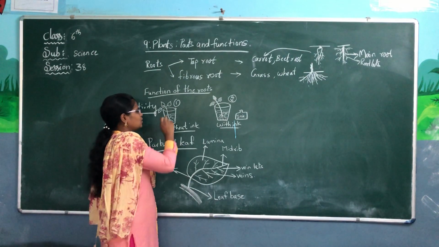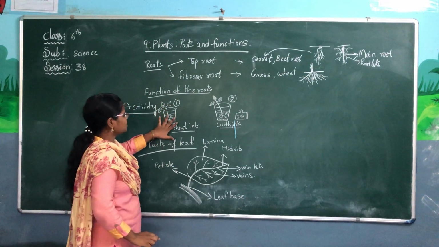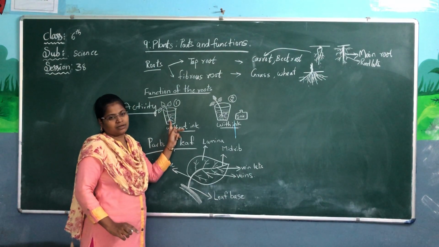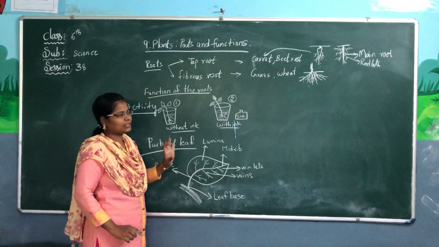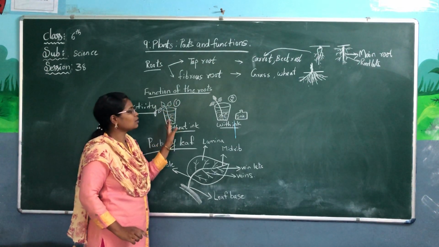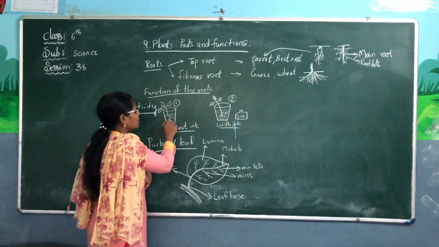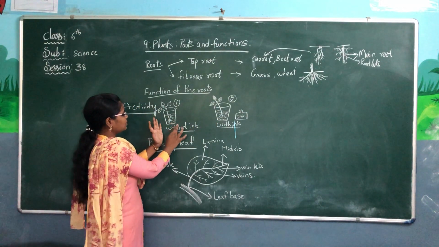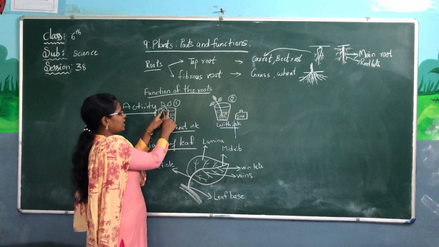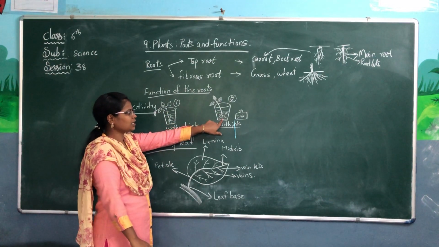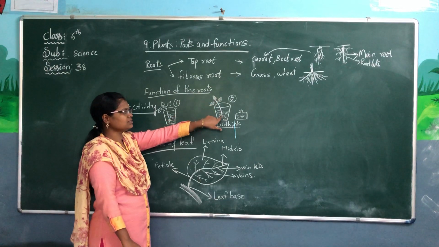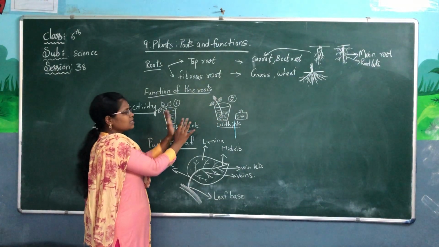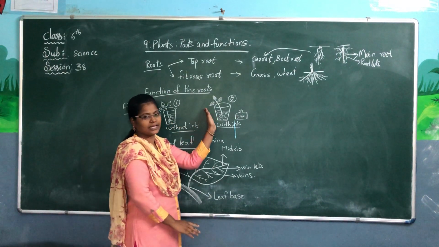Now you take a plant like this. It should have leaves and also roots. Any baby plant with a shoot system and root system will do. Now put one plant in this glass and the other plant in the other. So you have taken a glass, water and a small plant, and in this one also a glass, water and a small plant. The first one you will keep aside like this.